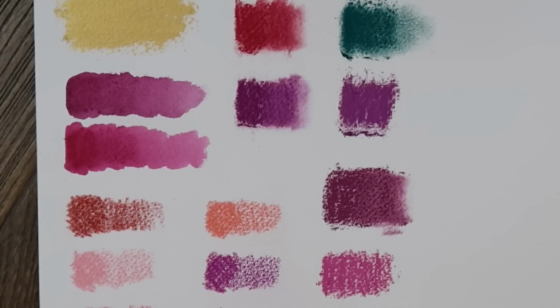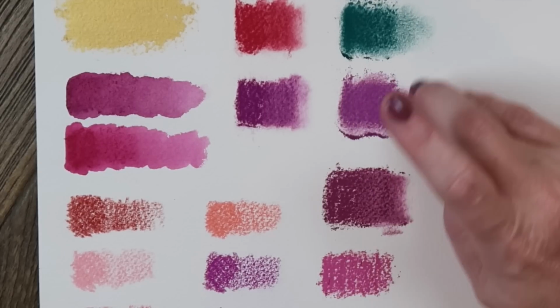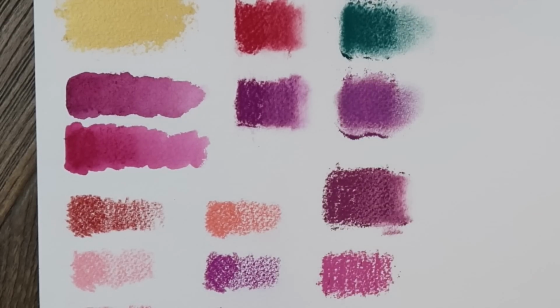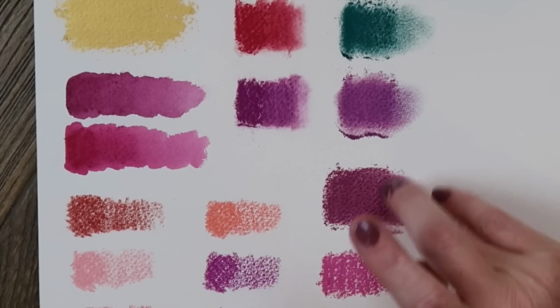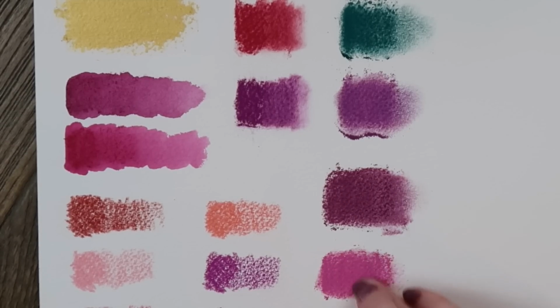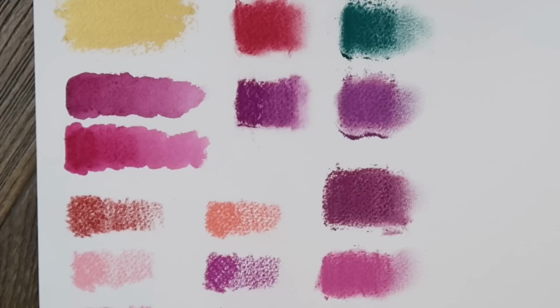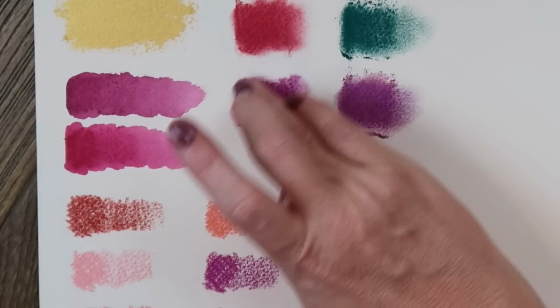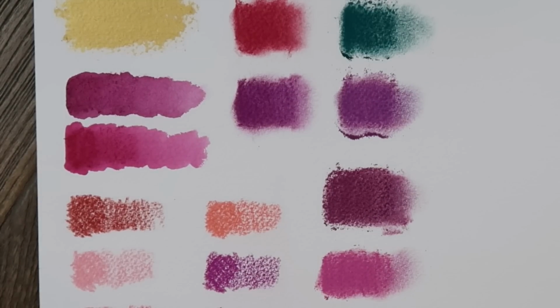But of course, this isn't the good paper. Good paper is the sanded paper, but it's expensive. It's so expensive. So I can't waste that on swatches. Oh, that's pretty. Okay, just got to do it because it's just so much. It's better. Sadly, it is better. I think it's better. Okay, then next I have